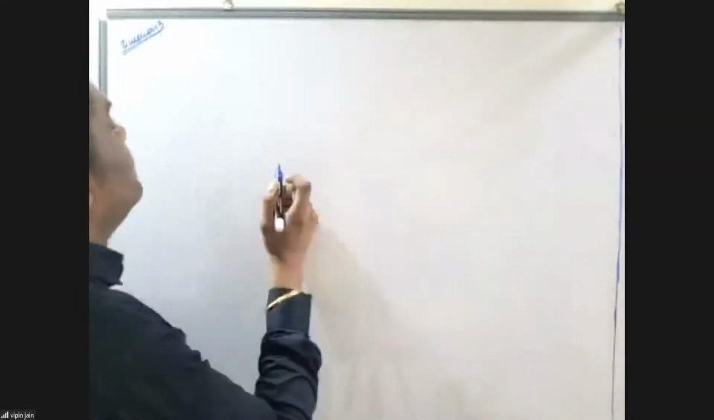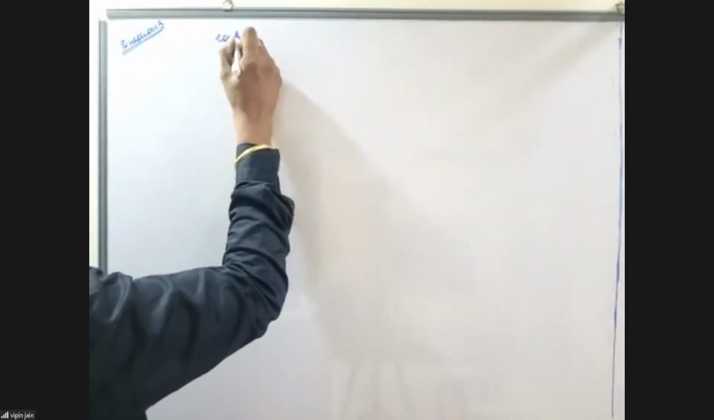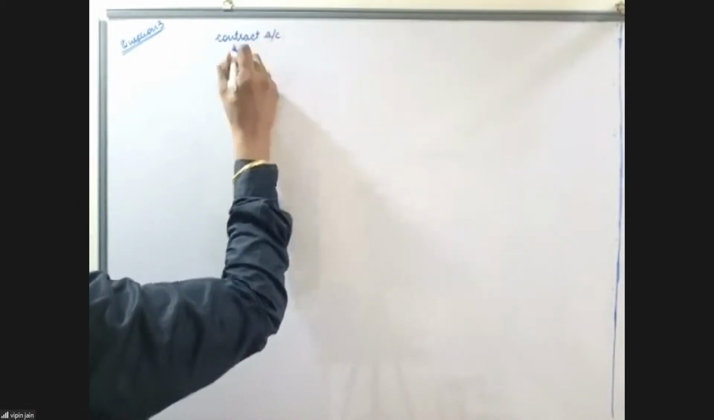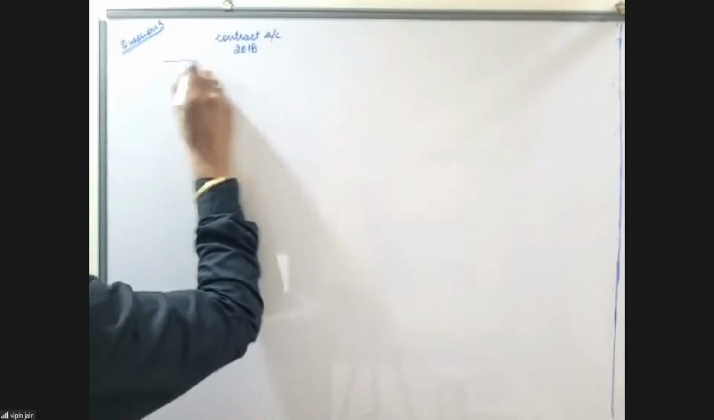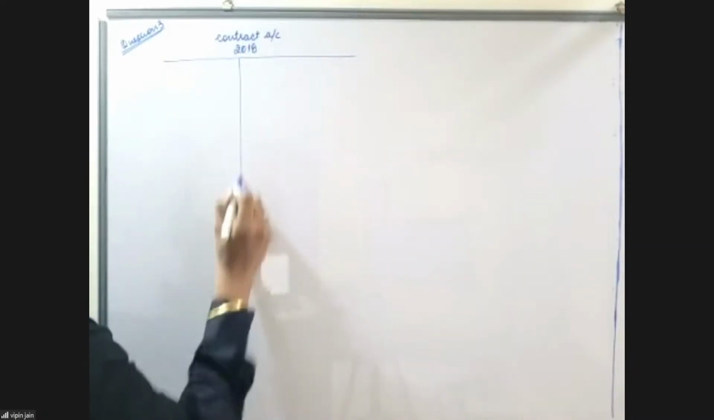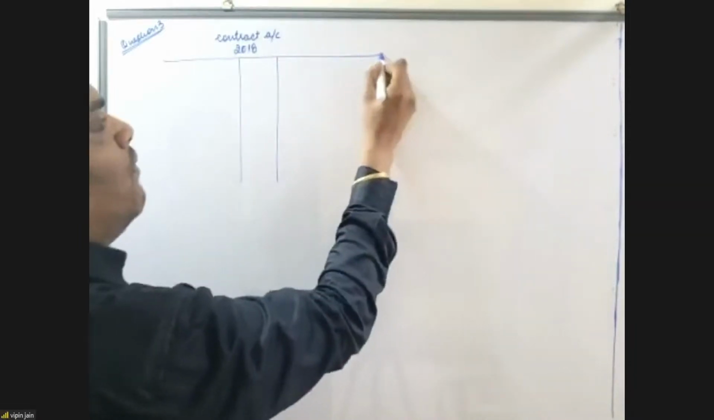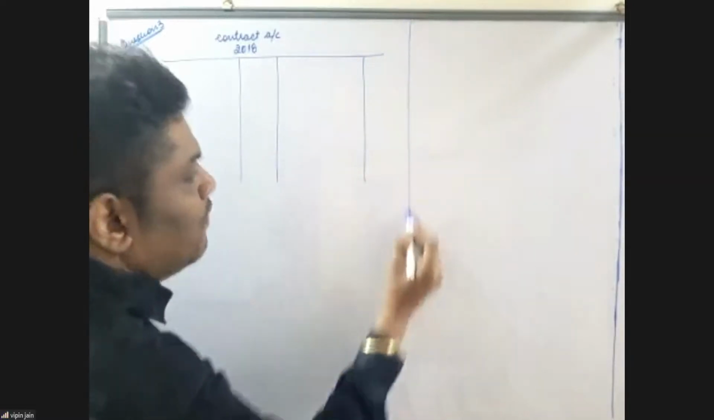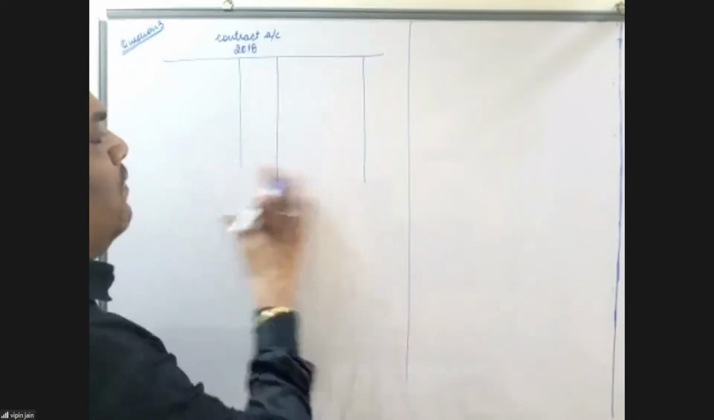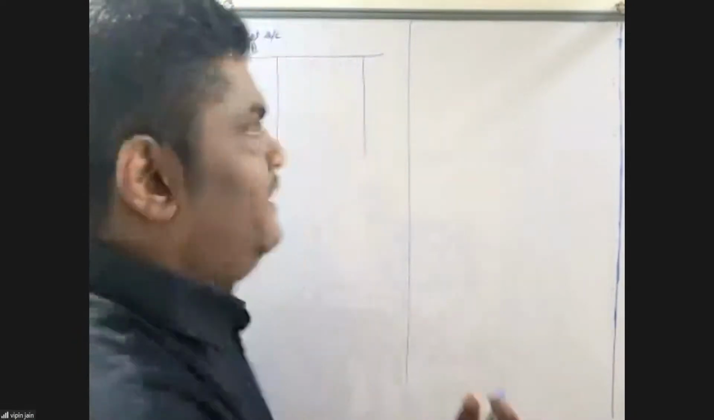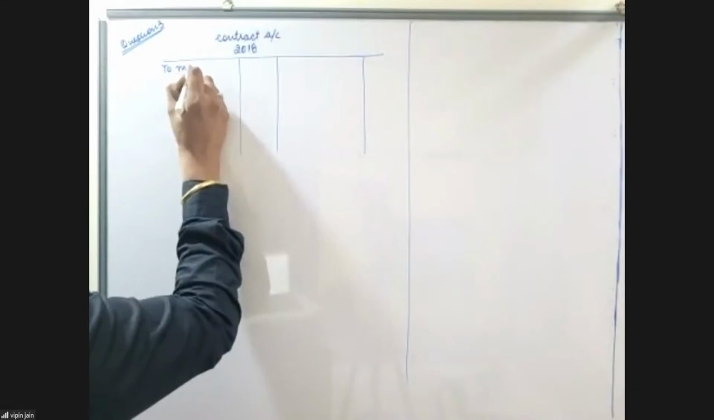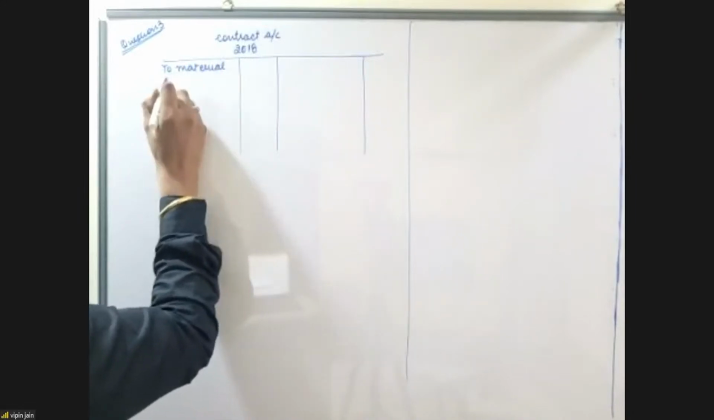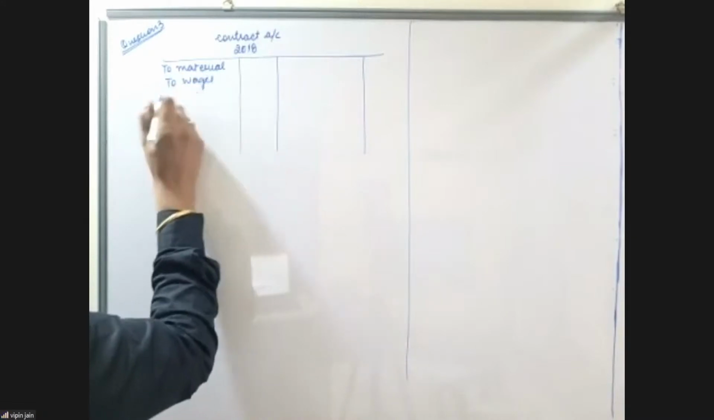So we'll start with the contract account for the year 2018. Wherein material, wages, transportation cost, and other expenses. To material, to wages